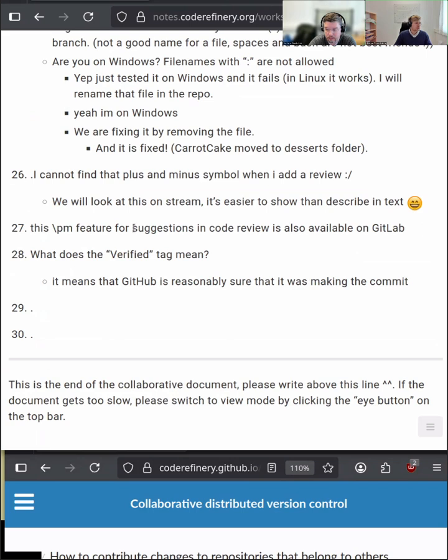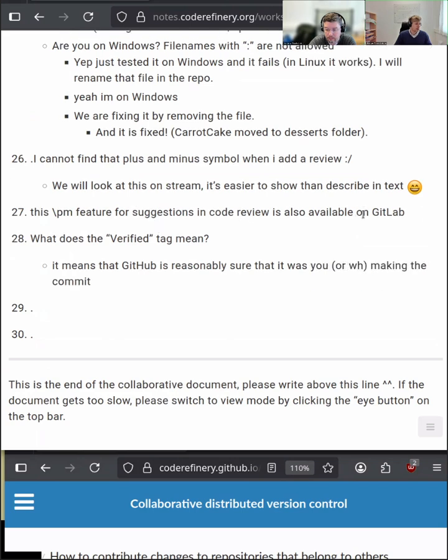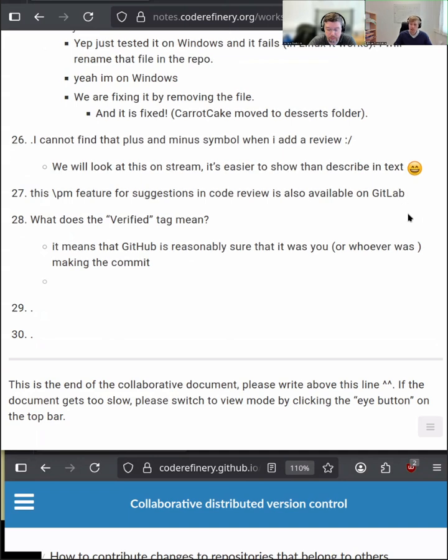Yes, so pull requests, this feature is also available on GitLab. So for those of you who are not familiar with GitLab, GitLab is basically an alternative platform to GitHub. It is not owned by Microsoft, but you can host your own GitLab instance if you want. So it's a kind of a free version. But some of the functionalities that GitHub provides are not automatically enabled in GitLab. But you can think of it just as a different option instead of GitHub.